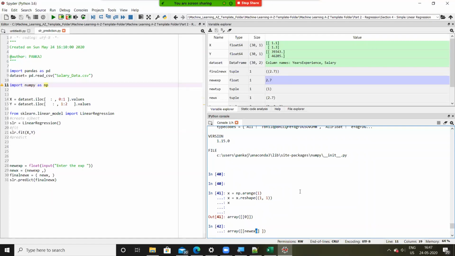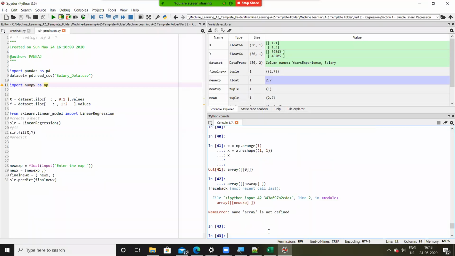New exp is the variable which is having a data, right? That is 2.7. I'm putting it inside an array. It's not defined. It's np dot array, square bracket new exp, square bracket close.